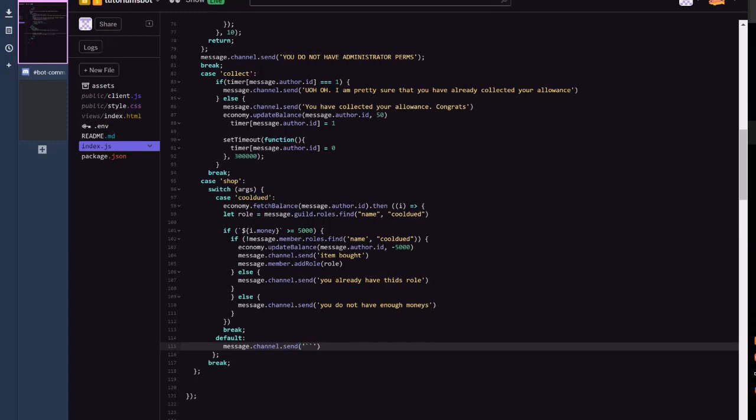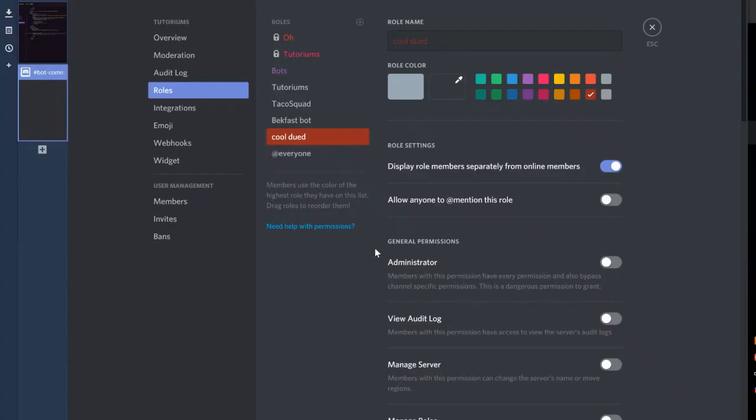Oh yeah, and this is something a lot of people get confused with. It needs to be $ brackets I.money, inside these little apostrophe-dash things, greater than or equal to 5,000. So make sure you have that. And I'm just putting that for decoration. Cool duet 5,000. Okay, so now if I go back to here,